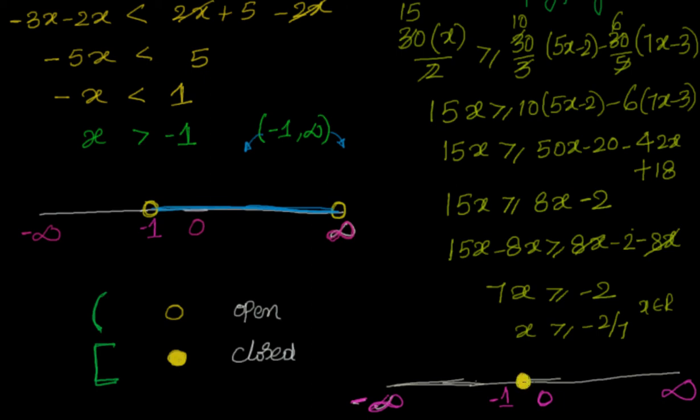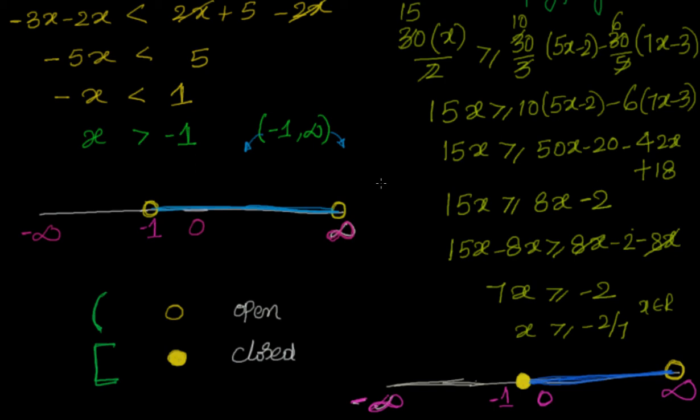It's a closed interval on that side, and you can go till infinity, but infinity is an open interval, so you'll have only open. That means you will not fill it, just draw the circle. Now this interval between minus 2 by 7 to positive infinity, where minus 2 by 7 is included but infinity is not included, is your graphic solution.